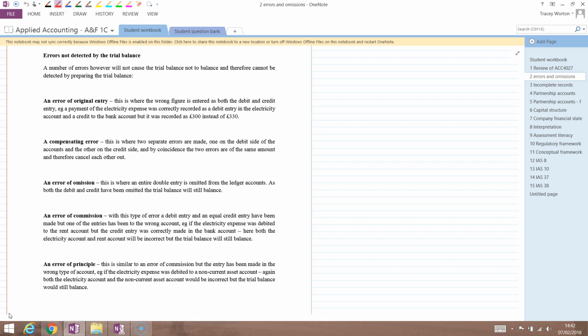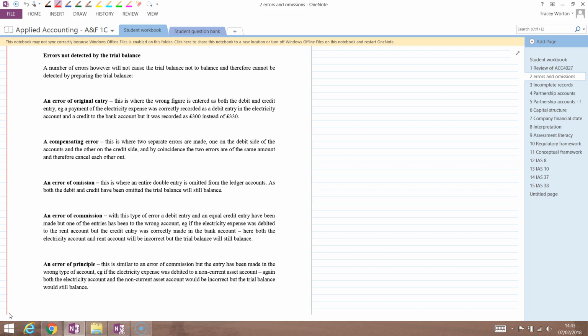record the wrong amount. There could be a compensating error, so this is where two separate errors have been made, so the debit on one particular account and the credit on another. Just by coincidence, the two errors are the same amount and therefore cancel each other out. There could be an error of omission, so this is where the entire double entry has been completely omitted from the ledger accounts and both the debit and the credit entry are not there, so again the trial balance will